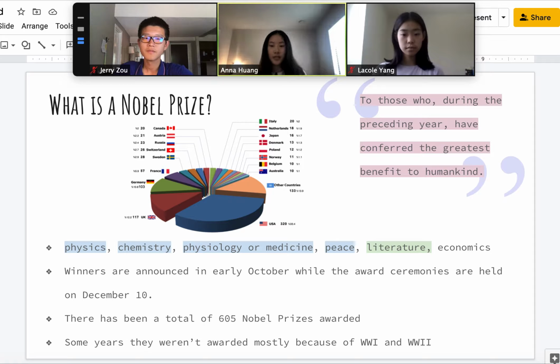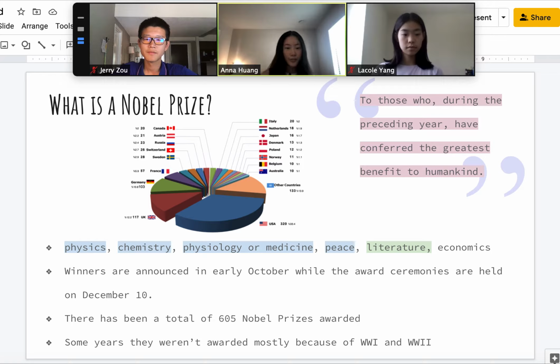Okay, so what is the Nobel Prize? Well, the Nobel Prize now consists of 6 different categories. They are physics, chemistry, physiology or medicine, peace, literature, and economics. And the ones highlighted in blue or green are the ones that were first made by Alfred, but later the one called economics was added to these 5. But the one highlighted in green, which is literature, is the one we will today be mostly talking about